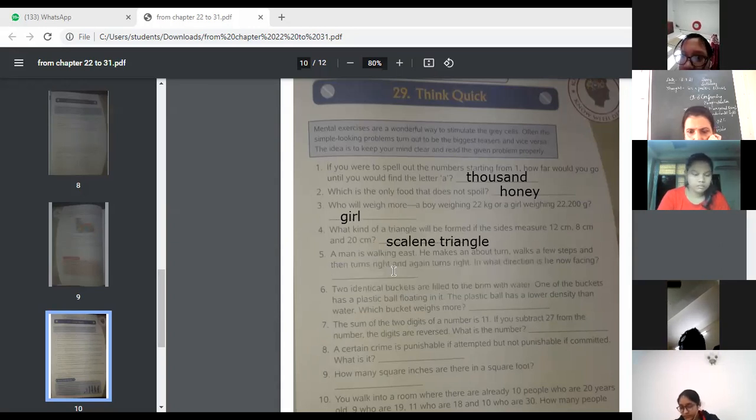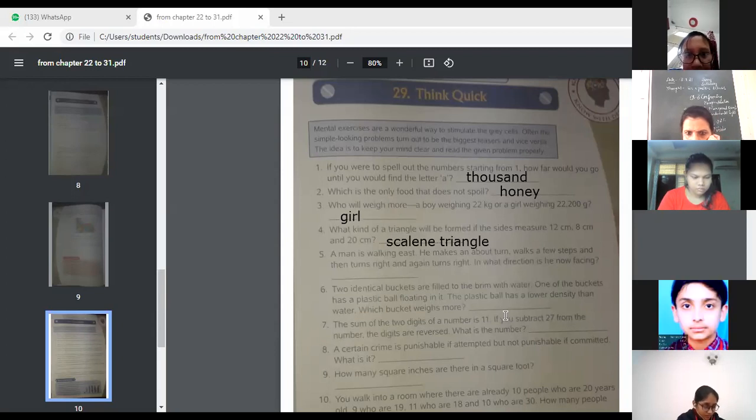Now in which direction? A man is walking to the east and then about turns. Okay, he about turns. Then he moves, then he turns right. Again he goes to the right and then again right. So which direction is it? Ma'am, east. East, how is it east? Ma'am, south. Check it once again. How is it south and how is it north?